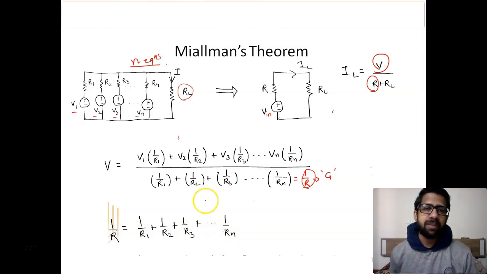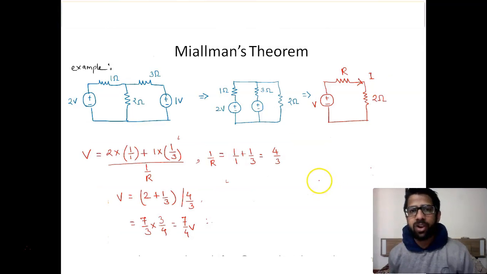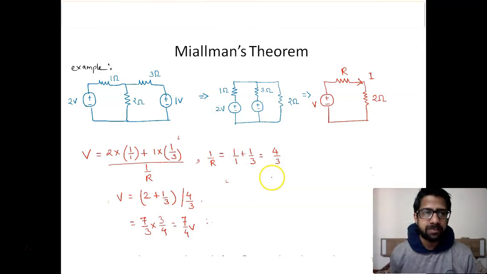You can easily remember this formula by using this particular statement: the addition of multiplications of voltage and admittance of each branch, divided by the addition of all the admittances of all the branches. This formula is lengthy but certainly saves us time compared to solving all those KVL equations. Let's solve a problem for Millman's theorem.